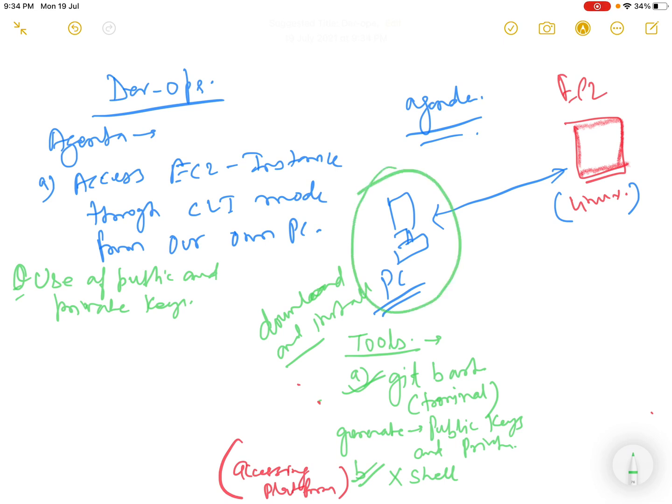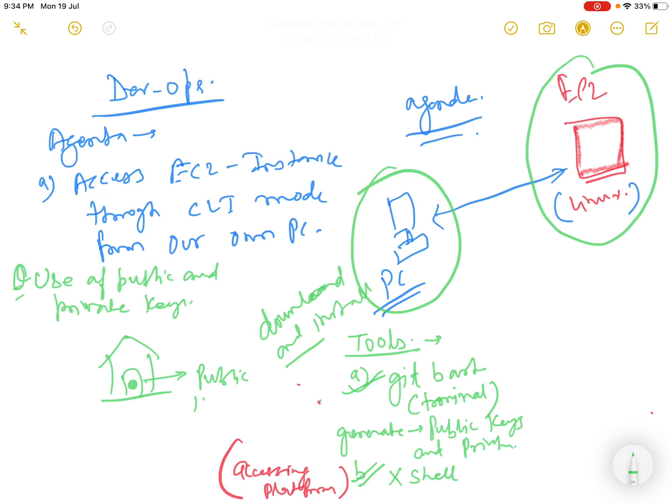Now public and private keys come into the picture. What are public and private keys? Let me give you an example. Suppose this is your home, and you have put a lock here. This lock is public.